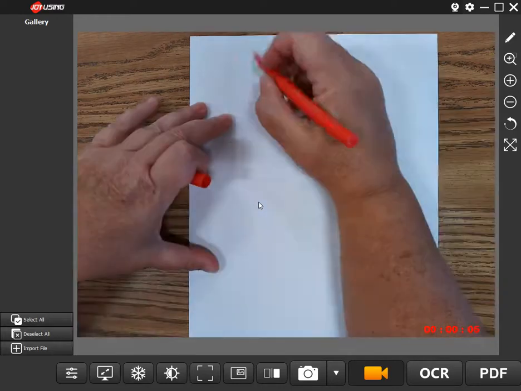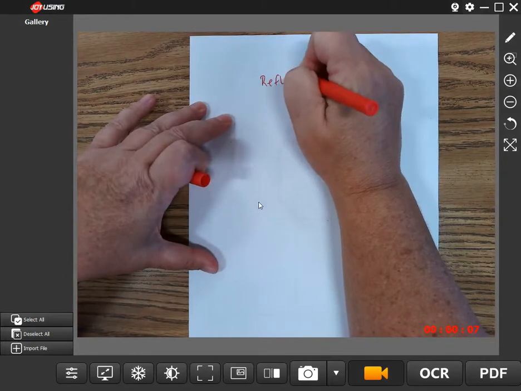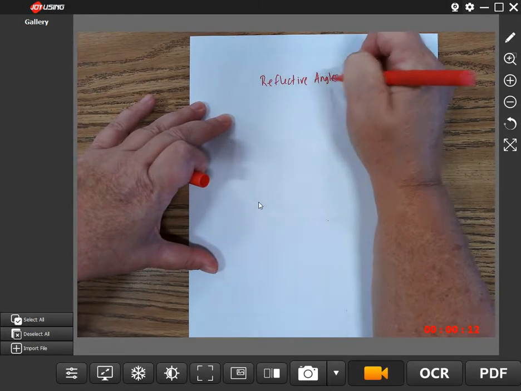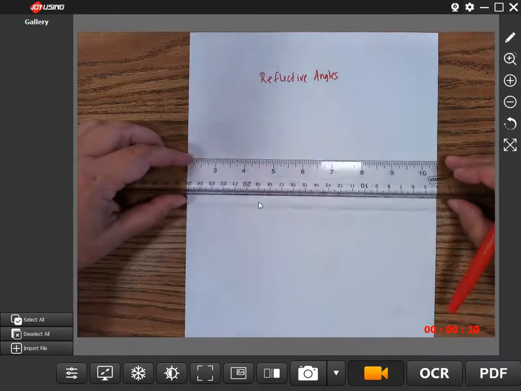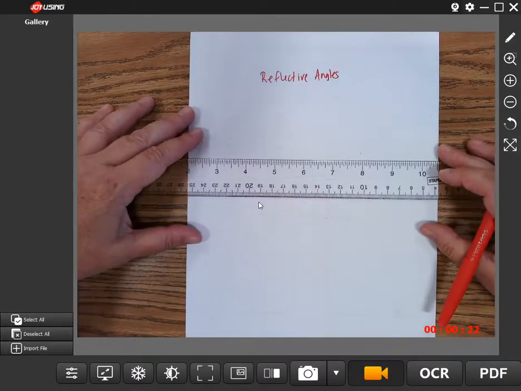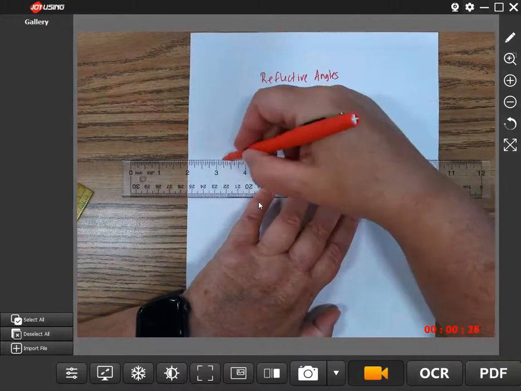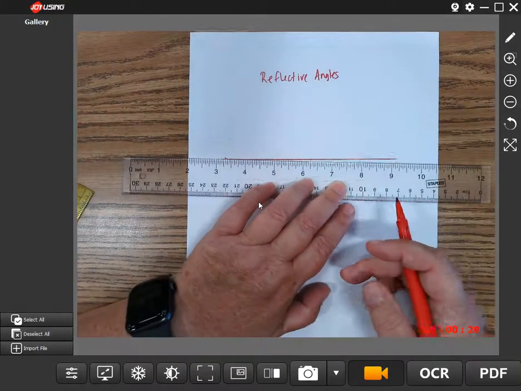Today you're going to be working with reflective angles. Okay, so they're called reflective angles. Reflective angles happen, most commonly, with a pool ball on a pool table, or a mini golf course. So if this is the edge, the boundary of the mini golf course,